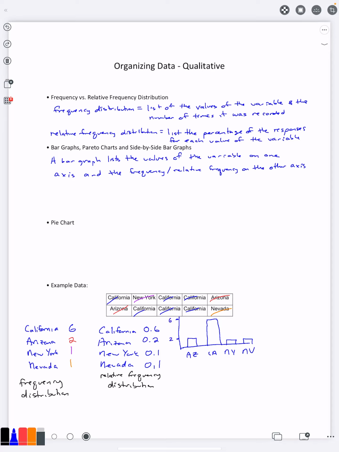It's a frequency bar graph. If I label it as 0.2 and 0.6, it's now a relative frequency bar graph. But it's going to look like the exact same picture there. You'll notice in this part, though, I also talk about Pareto charts. And I specifically did things in a different order there because a Pareto chart